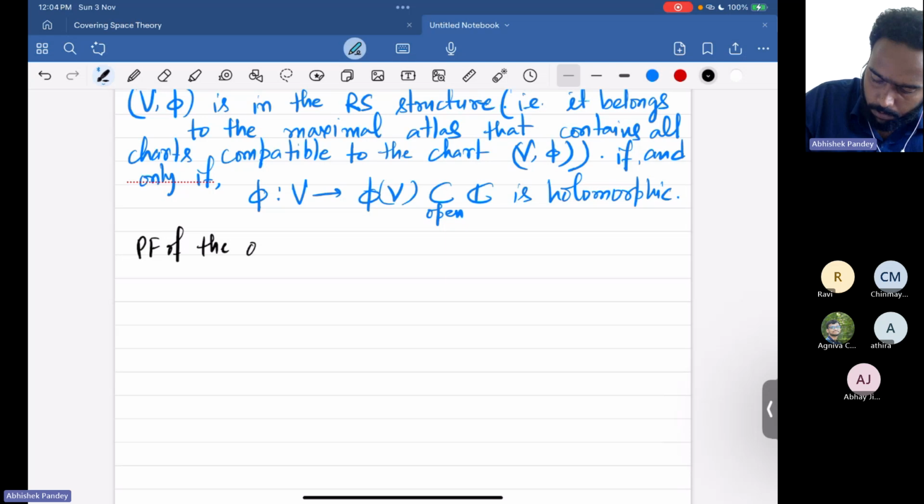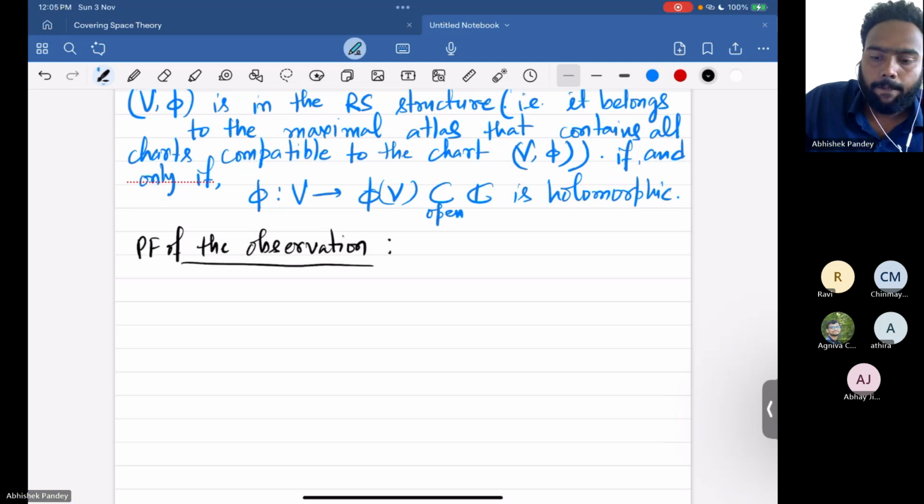It's a small proof, but I will just mention it. The forward one is easy, to show that it is holomorphic if it is in the maximal atlas. This is what you mean, Ravi? Yep. Okay. So conversely,